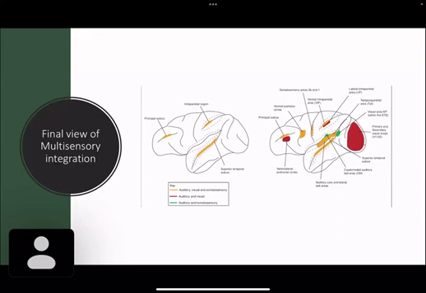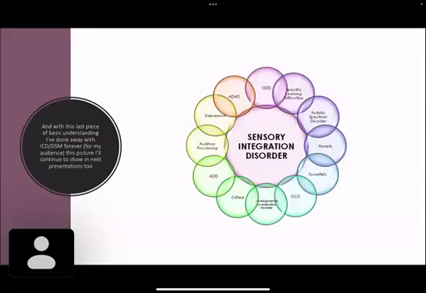So, the final view, and with this last piece of basic understanding, I hope I have done away with ICD and DSM forever for my audience. This picture,